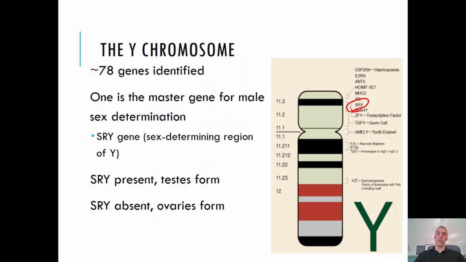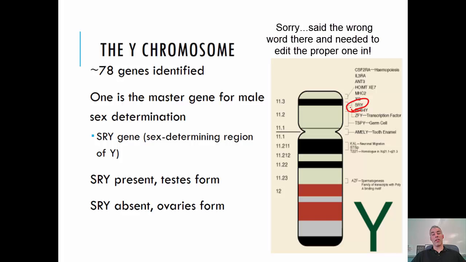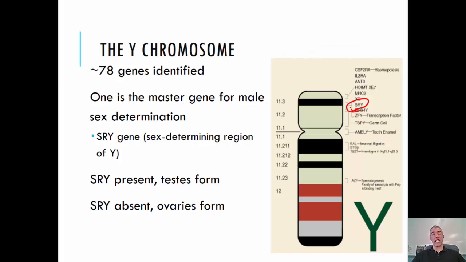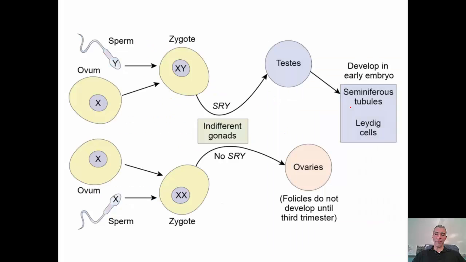So in utero, a baby is born, or I shouldn't say that, a baby develops, an embryo develops undifferentiated for the first several weeks of its life. It has undifferentiated gonads. At some point, the SRY is triggered. And if the SRY is triggered, either testes will form, or if it's not triggered, ovaries will form. And after that point, as you can see in this picture or diagram right here, the SRY will trigger the testes to then produce testosterone. And testosterone will then cause